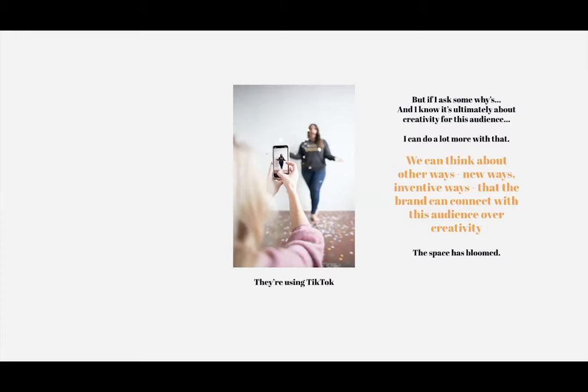It might mean that we create, in a post-COVID world, spaces where people can create in person together. We might do, I mean, it's an old idea, we might do like a sleepover in a museum, in an art museum, because creativity is what's really important to them. We might allow them to create this product and co-create it with us. Because if we know that creativity is important to them, then maybe co-creation is important to them.